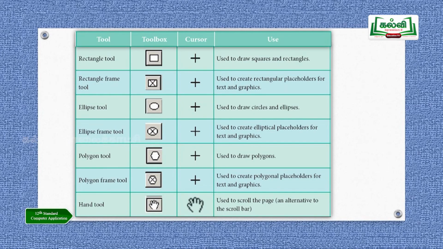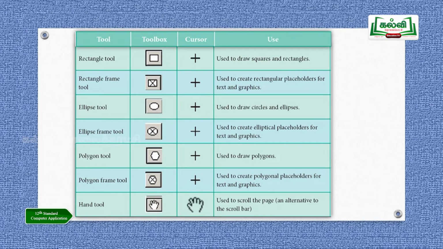Next, there are so many options. At minimum, I request the students to remember at least 8. If there are more than 10 or 12 items there, at least memorize minimum 7 to 8 items, so that you can answer this question in your annual examination along with the symbol, please. Please remember the symbols also, right? If you write it in the tabular format, it will be very easy for you. Just give an explanation, 1 or 2 words, that is enough. For rectangle tool, you write rectangle tool, draw that rectangle symbol box, then you just write in 1 or 2 sentences, used to draw rectangle, that is enough.